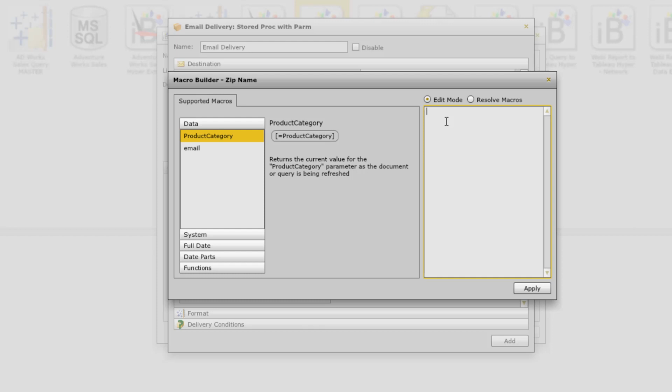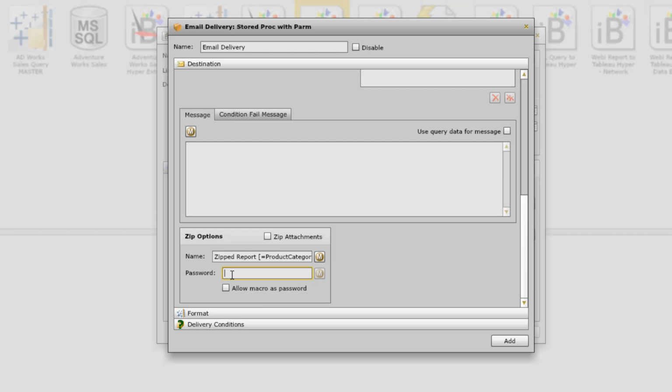I'm going to call it zipped report and then the product category name. So again, this is dynamic. Can add a password here. Now I can also use macros for the passwords. This is very beneficial because if you're sending the output outside your organization, you could create some sort of algorithm that would be different for each of your customers and use the macro capabilities of InfoBurst to achieve that functionality. I'm just going to type in a password,